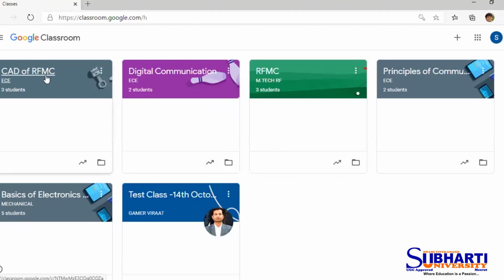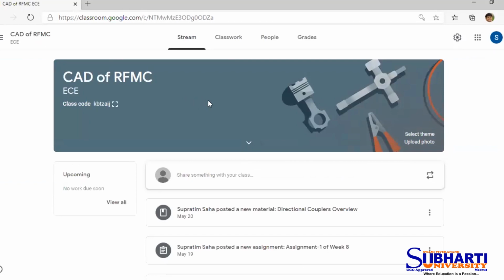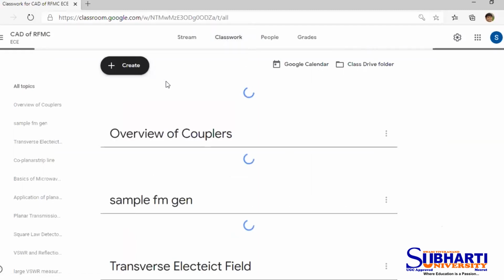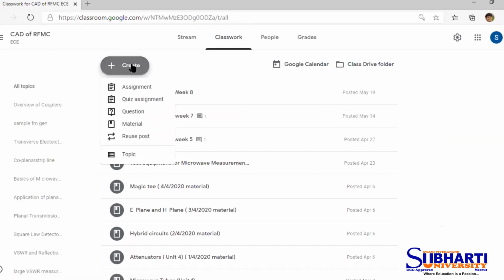If I choose one of the classrooms and go inside it, because it has already been shown in the first lecture itself, and we go to the classwork section. As we already know, the create section consists of many of the topics. Out of that, I'm going to cover uploading of material, its association with the topics, and reuse post.